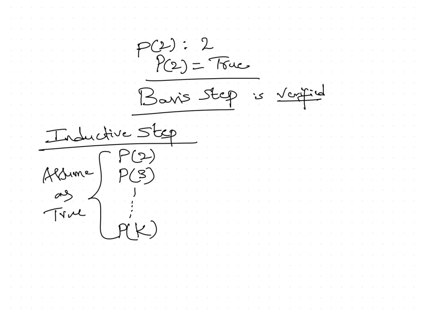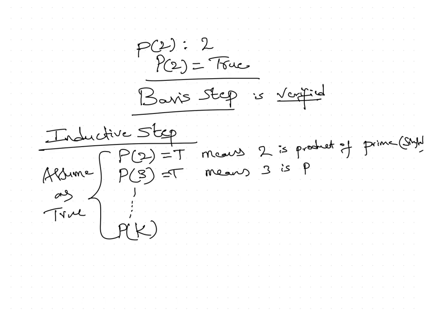So when P of 2 is equal to true, what does it mean? 2 is a product of a single prime. P of 3 is equal to true means again 3 is also a product of prime. This is also a prime, single prime. So up to where P of k is equal to true means k is also a product of